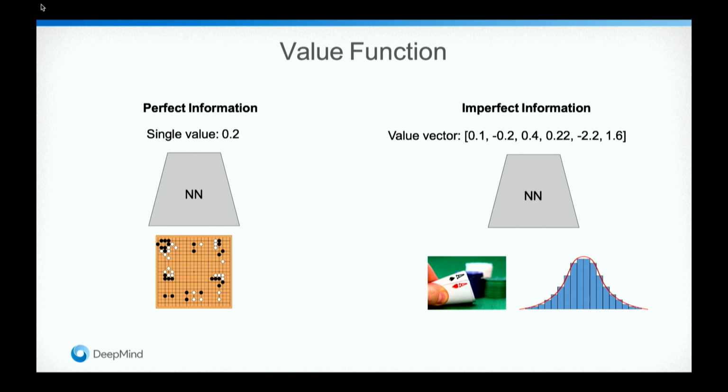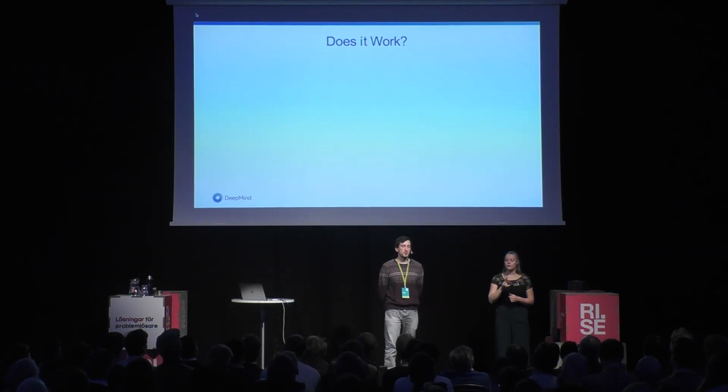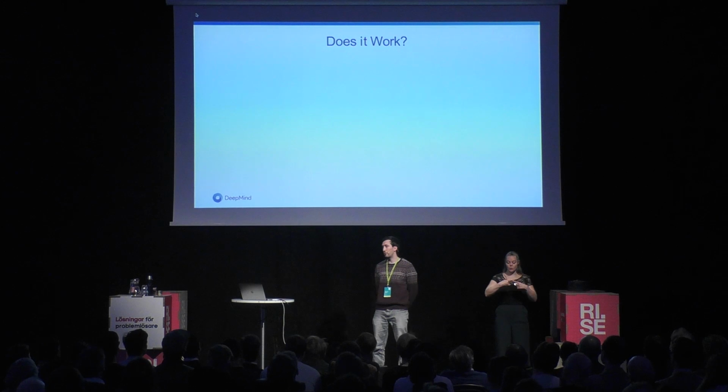Now it's not hard to see that the value function on the right is strictly more general than the one on the left, simply because our distribution can be over one state. Now, does it work? When we finally fix the idea of local search and we don't have to do the silly abstraction thing,